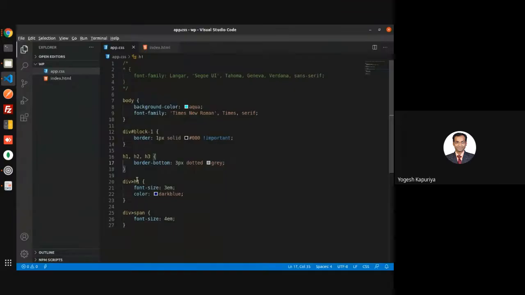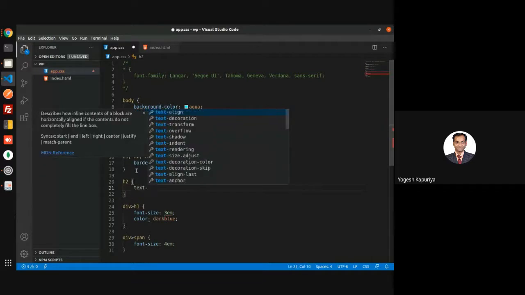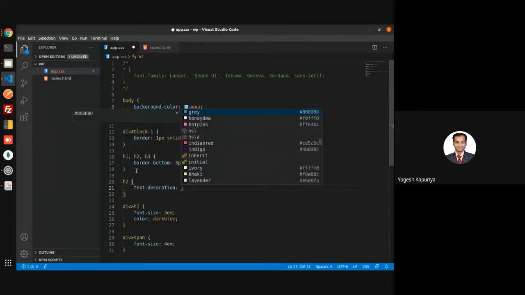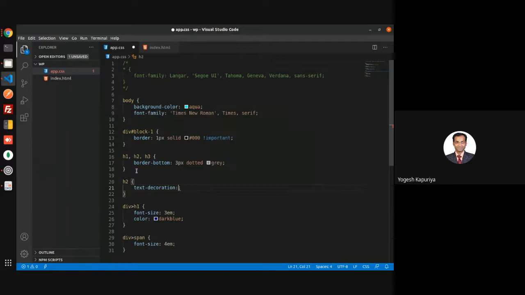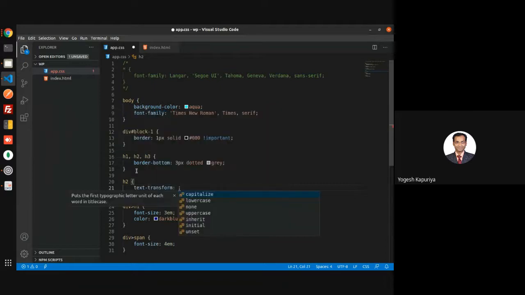So that is one thing. Second thing, when you are writing like this, it doesn't mean that you cannot write another property, for example text decoration: no text decoration, but text transform uppercase.